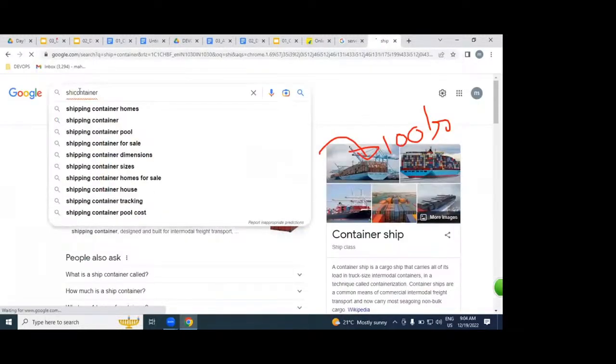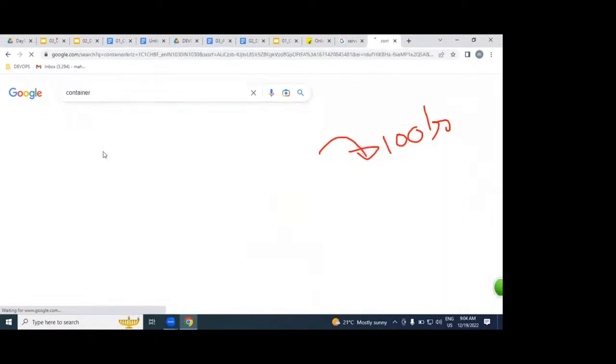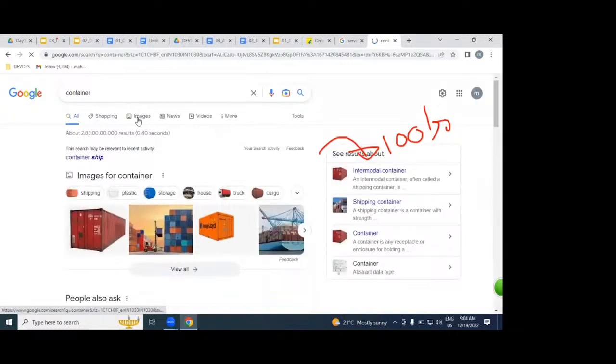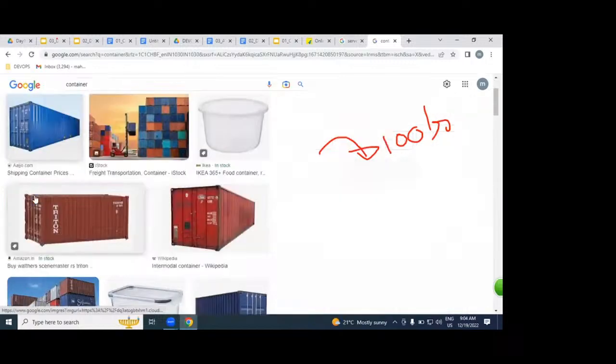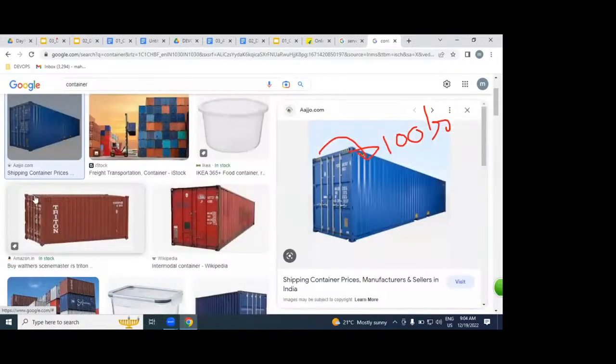So, container. Have you seen this container in your lifetime? Have you seen this container space? I think you would have seen this physically somewhere else on roads. You can see this type of containers. How exactly does this container work? Docker containers are the same. But by using this container, we can transport goods via sea. By using our container, we can deploy our applications, meaning websites. That is the only difference. Otherwise it is the same.